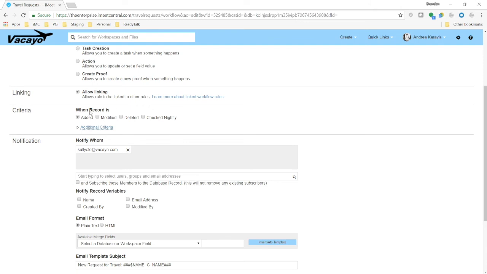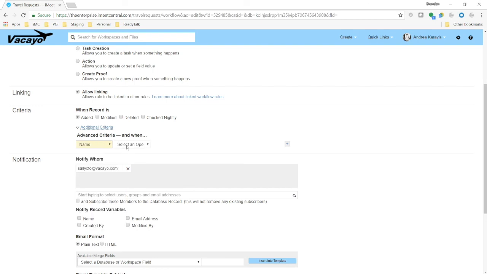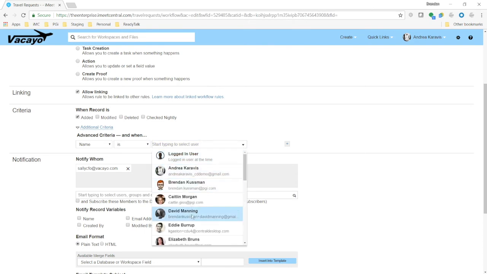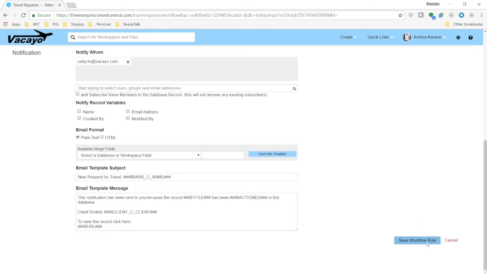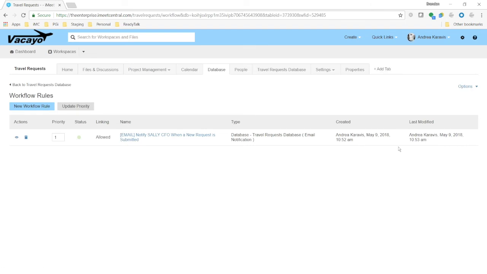So not just when a record is added, but when a record is added and when, ooh, this gets scary now, the name is Eddie. Save workflow rule,